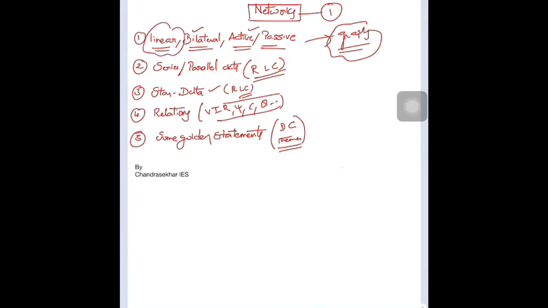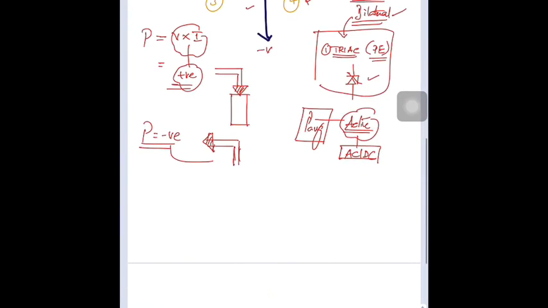So what is linearity? In a linear element, the amount of current or amount of voltage is proportional to the amount of voltage applied, or current proportional in terms of current applied. If this relation is satisfied, the element is linear. And you can say what is a non-linear element.